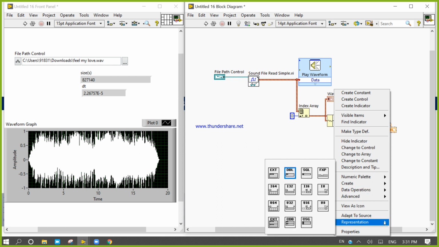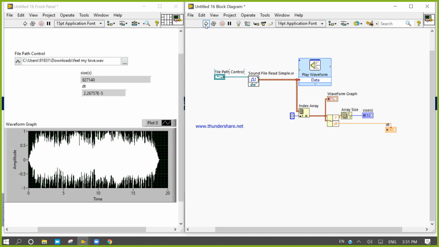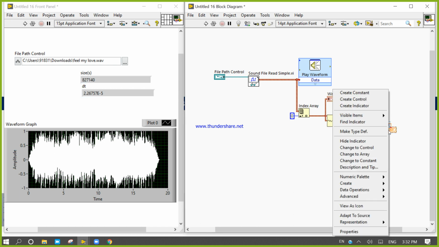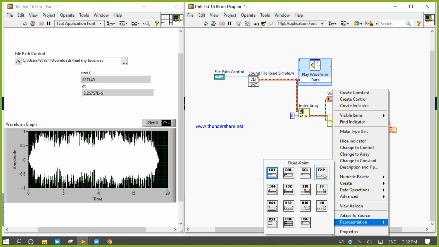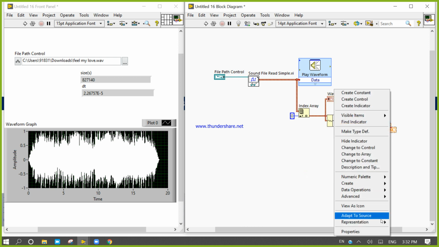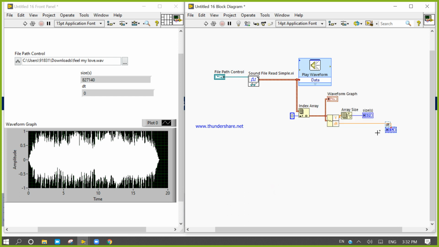The sampling rate is near about 2 multiplied by 10 to the power minus 5. It's in some megahertz frequency.